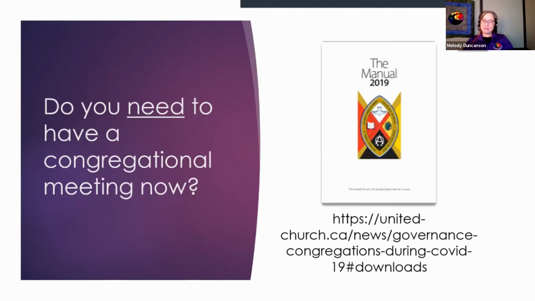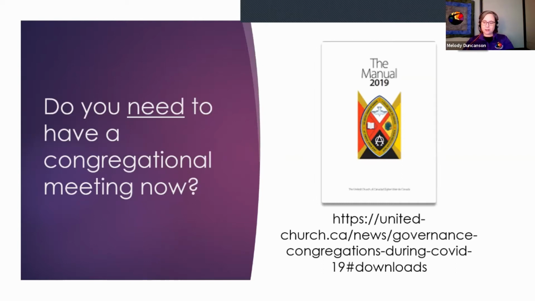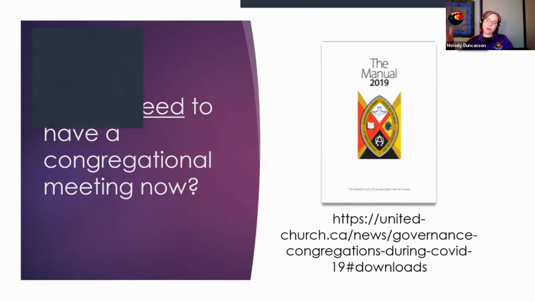I do want to point out the web address that I have on this particular slide, the governance congregations during COVID-19. This is a download available from the United Church website. I'll make sure to get it into the chat before too long. But there is a whole document that outlines the steps required of congregations in order to have an annual meeting, to remember what the requirements are of meetings as a congregation, and to again invite congregation leadership to consider the specifics of what needs to happen. So I'll make sure that that's up. So we can move to the next